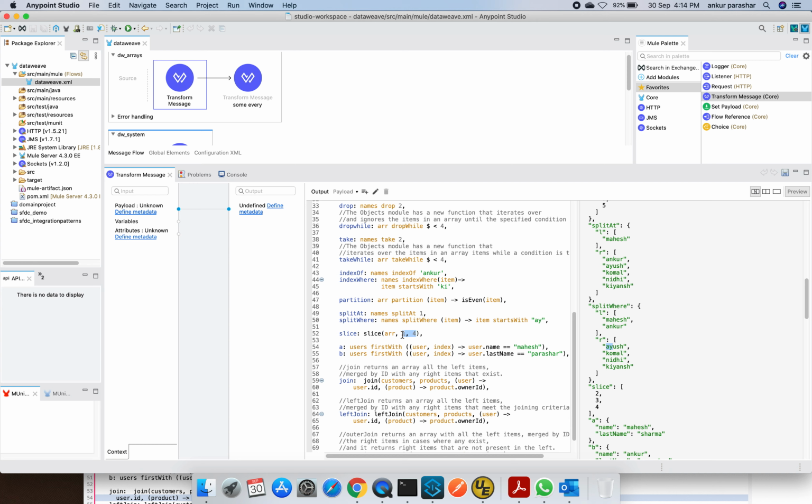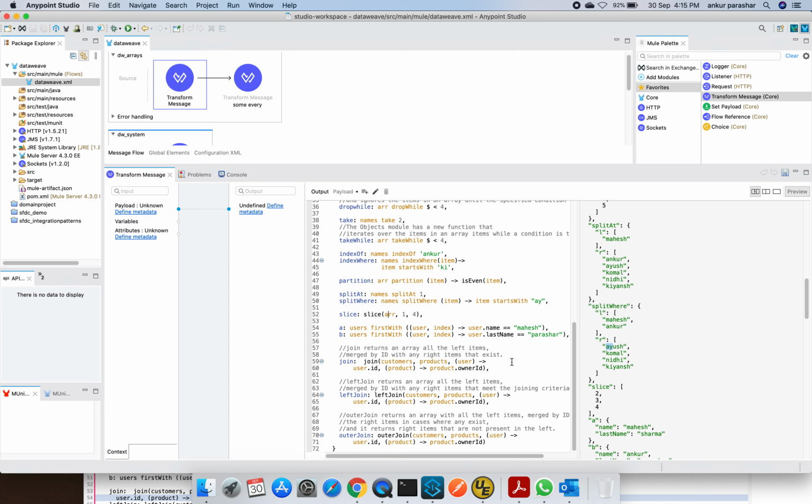So 4 minus 1, that is 3, so overall 3 elements will be taken as the output of this function. ARR has 1 to 6 as the digits. When we put 1 and 4 as arguments, it will slice it down from index 2 till 4. Okay, so that's how slice works.